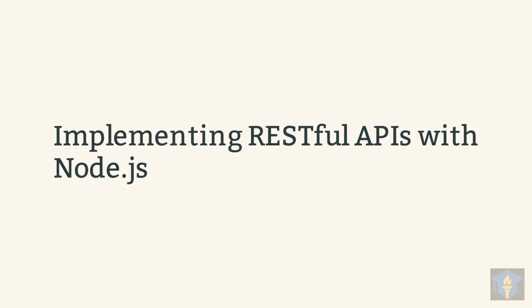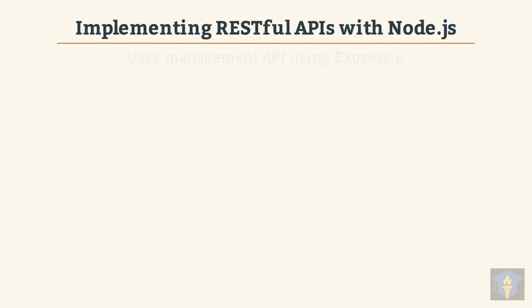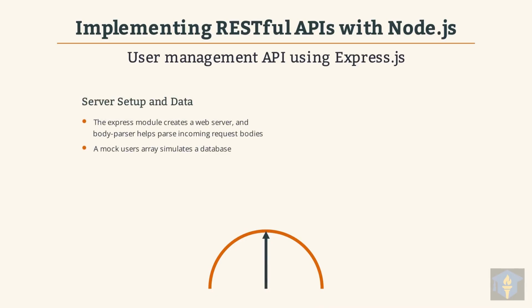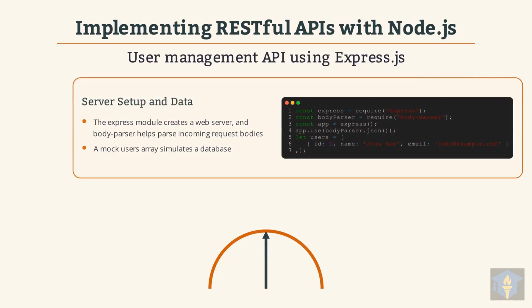Now, let's dive into implementing RESTful APIs using Node.js, a popular server-side runtime environment. We will build a simple user management API using Express.js, a fast and minimalist web framework for Node.js. First, let's set up our server and define some initial data for our API to work with. The Express module creates our web server, and Body Parser helps process incoming request data. A mock users array simulates a database. This code sets up an Express server, configures it to parse JSON, and initializes a simple array to act as